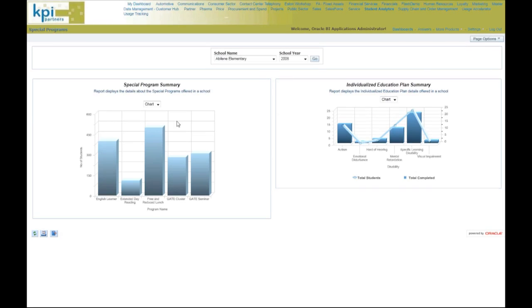Participation in lacrosse is going up, but yet the funding hasn't. Maybe we need to reevaluate funding on extracurricular activities to make sure that we're not putting money into programs that